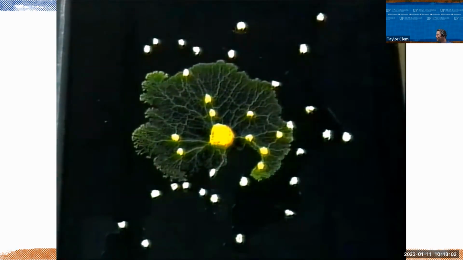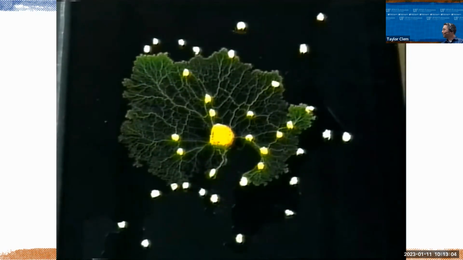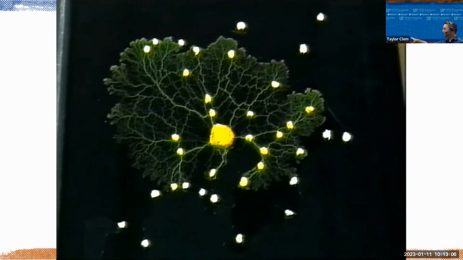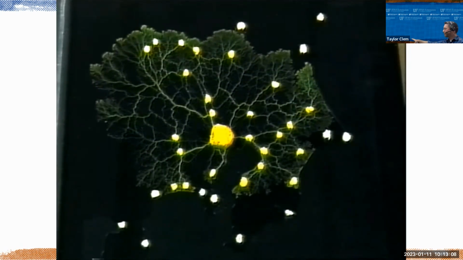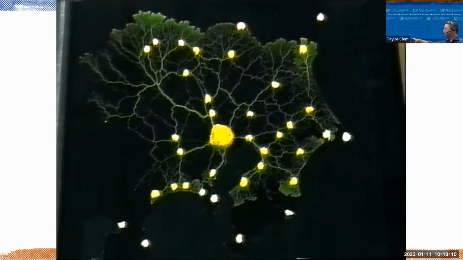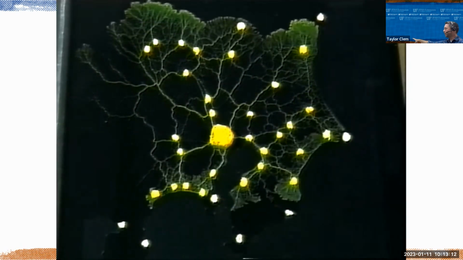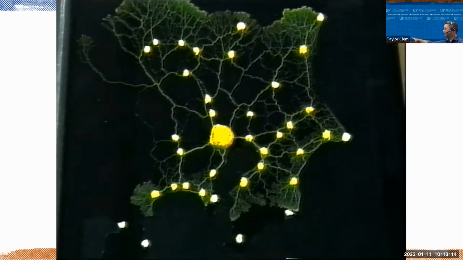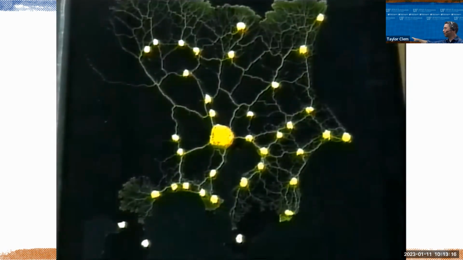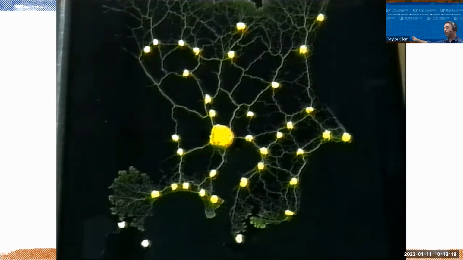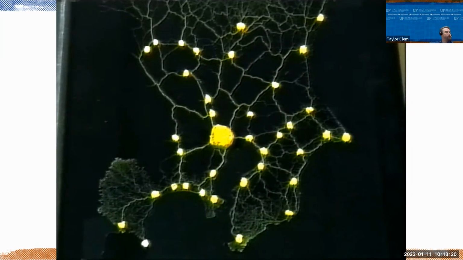Well, look at it grow. See how that's growing out? And you can kind of see it's that initiation phase, and it has these little branches, and it's connecting and optimizing that growth from source to source. And then slowly you can see as it reaches the end or it's running out of sources, it starts to kill off anything that's not able to find that source.